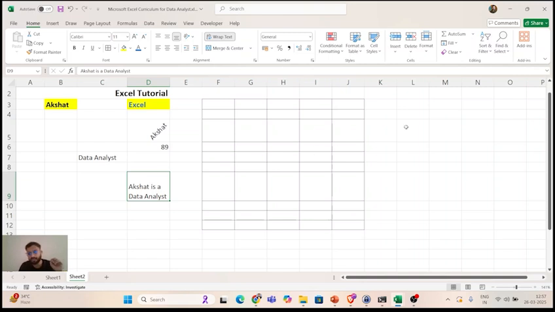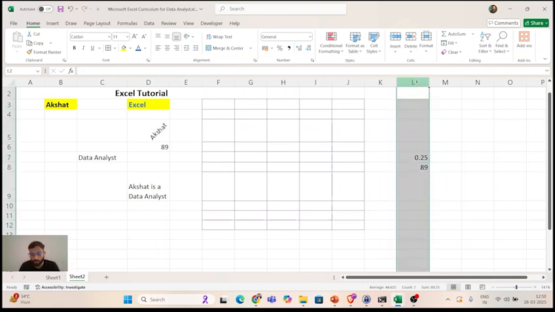Okay, so let's say I write something like this. Let's say 0.25 and 89, correct? So these are the two different numbers. If I want to convert this then into percentage, what can I do? I can, let's say, select both of them. If you want to make the whole column as percentage, you can select the whole column. If you want particular cells, you can just select those cells to convert it to percentage, right? And you see, we have an inbuilt functionality of percentage sign here. We can format the data as a percent. Okay, let me click on this and do it here.